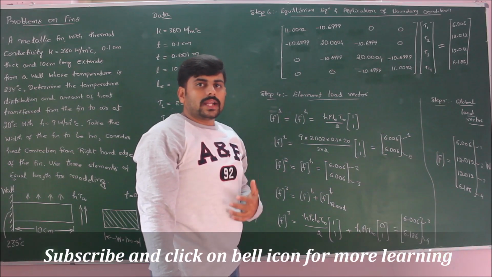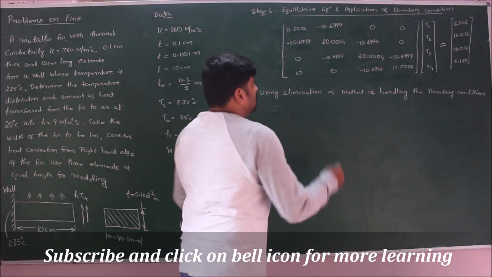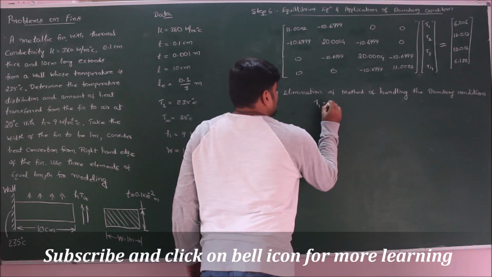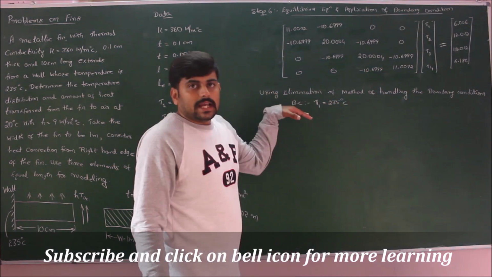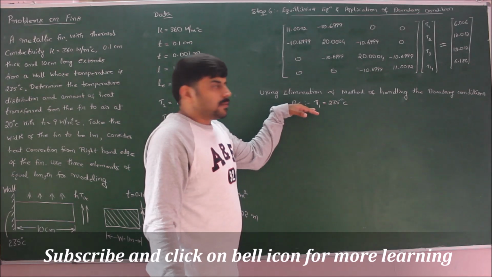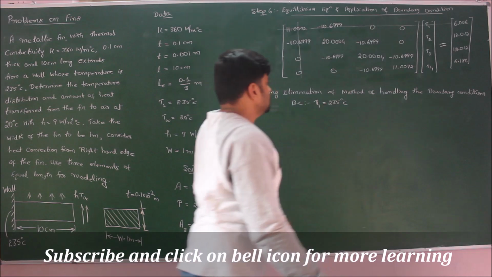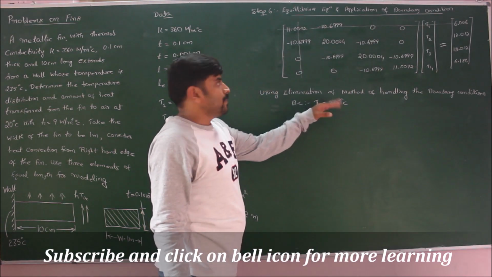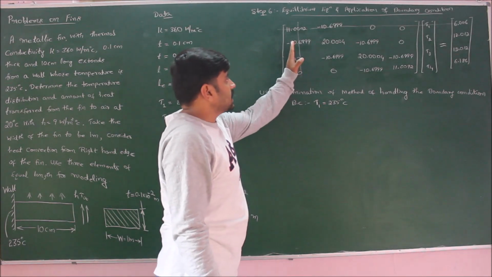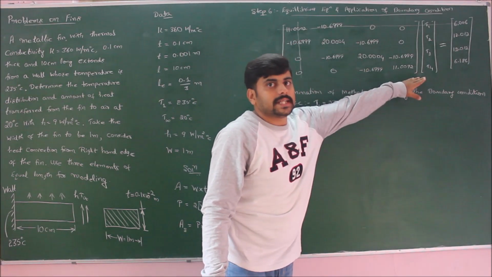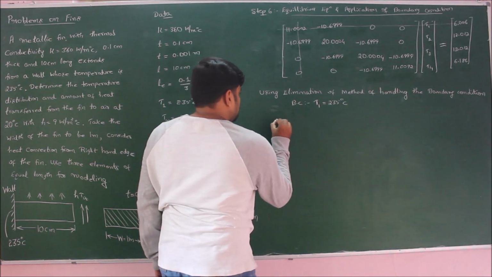Now applying the boundary condition by using the elimination method of handling the boundary condition. The boundary condition for the problem is T1 is equal to 235 degrees Celsius. Eliminate the row and column corresponding to T1, that is, eliminating the first column and first row. Since T1 is not equal to 0, multiply the column which we should get rid of in matrix A with the corresponding values of matrix B and take it to the right hand side. If I do that, the remaining matrix which I'll get is